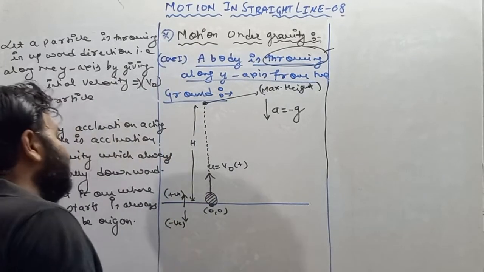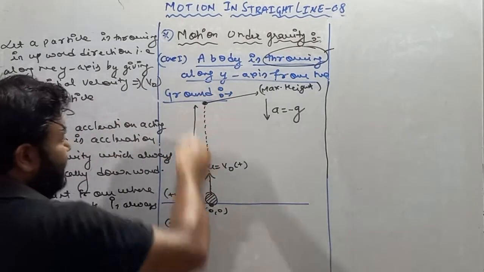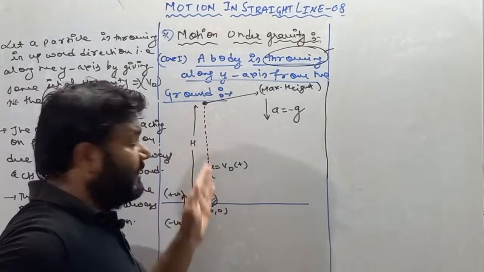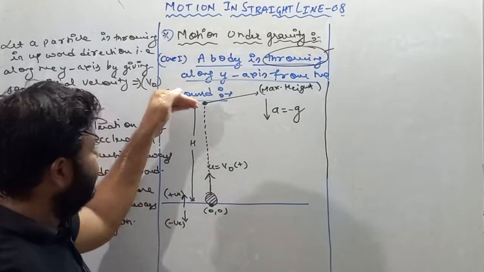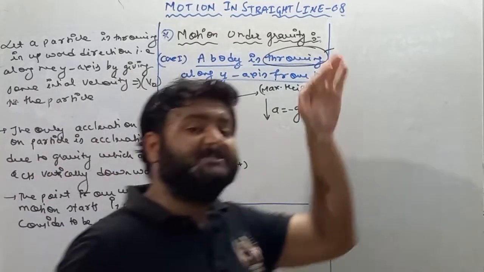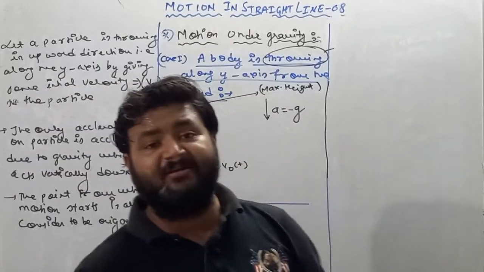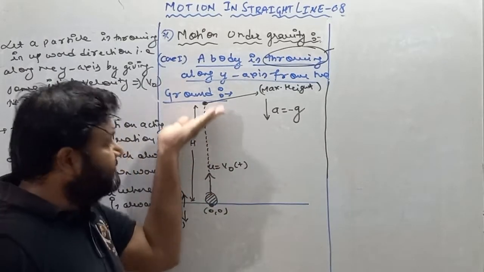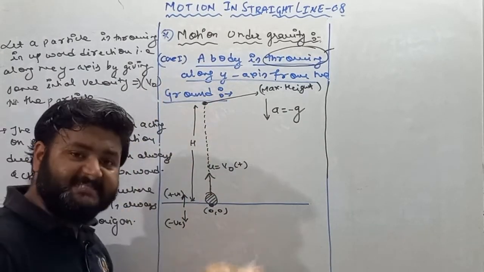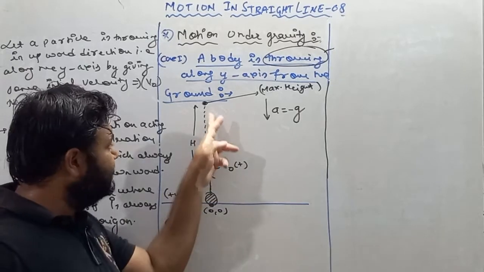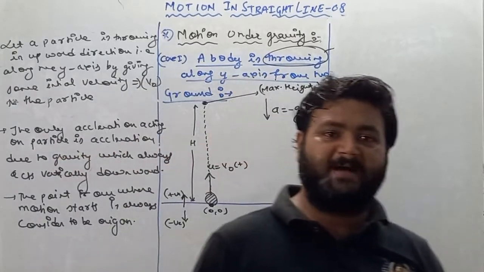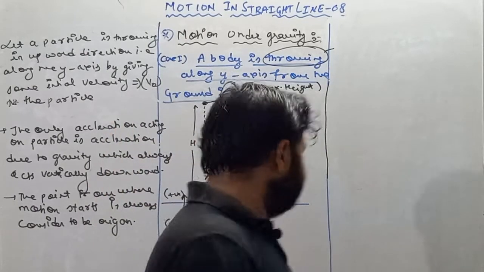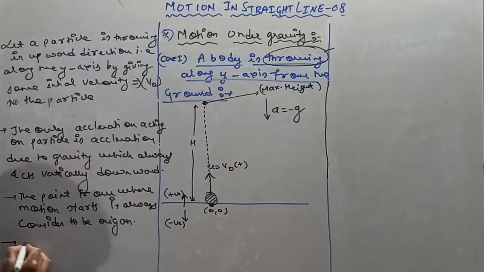Now see, my dear student, this is the distance which is considered to be the maximum height, along the y-axis. Remember this thing: the point where the particle stops and again its direction of motion changes. In this situation the particle is moving, comes to rest, and again changes its direction of motion. So this point is considered to be the maximum height. At this point the velocity of the particle is equal to 0. I'll write here, at maximum height